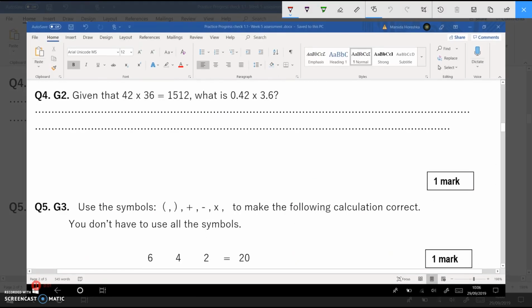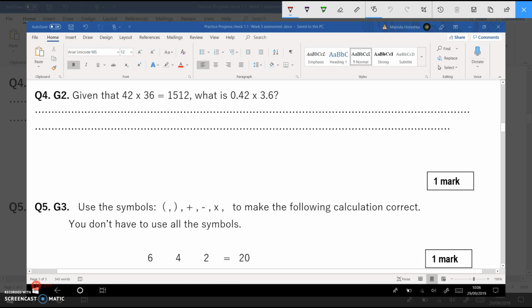Question number 4. Given that 42 times 36 is equal to 1512, what is 0.42 times 3.6? As you can see, the digits remain the same. It's just the decimal point. So to help us with this, I'll go through an example with some easier numbers to work with so that